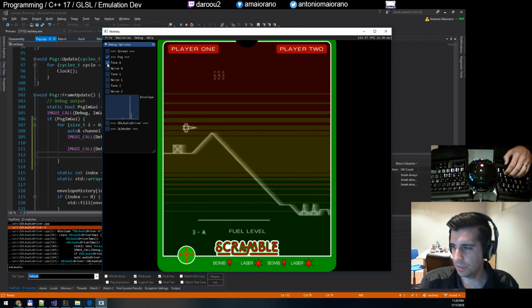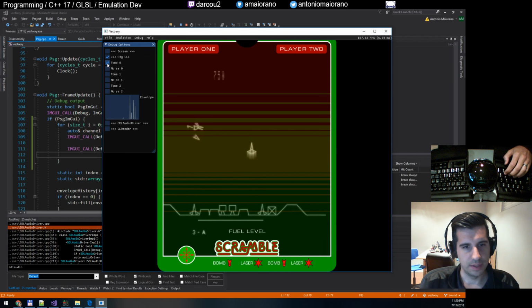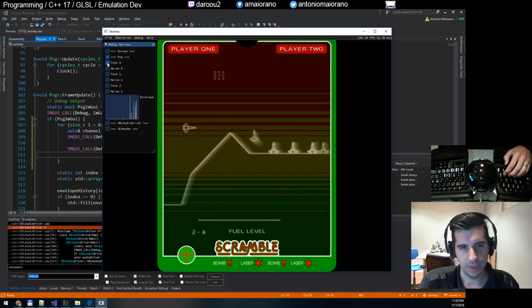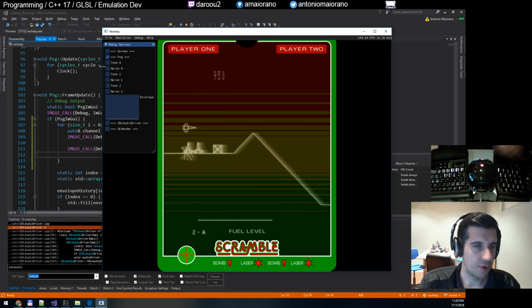See that sound? I can tell now that the tone 0 here is making this awful sound here, right? So that's going to help. And now what we're going to want to do is graph for each of the channels what is exactly the graph of the tone 0, of noise 0, and also of envelope, which